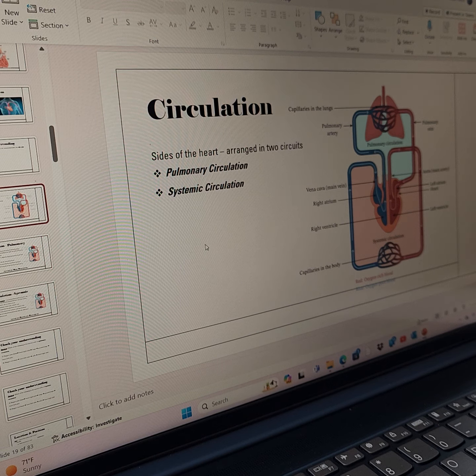So oxygen-rich exiting lungs, fills aorta, the main artery, left atrium of the heart, oxygen-rich again, along with the left ventricle, is taking all of this oxygen-rich blood,